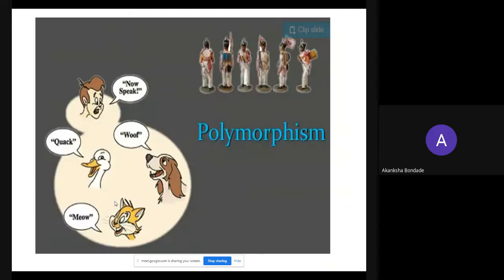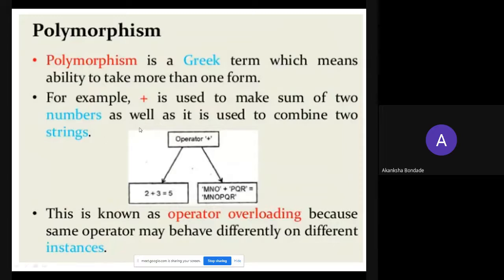Okay. What is polymorphism? Polymorphism means the same name with different forms. Polymorphism is a Greek term which means the ability to take more than one form.